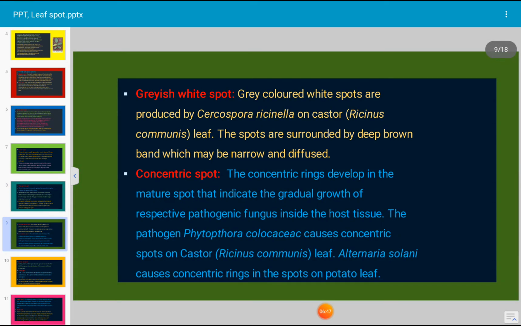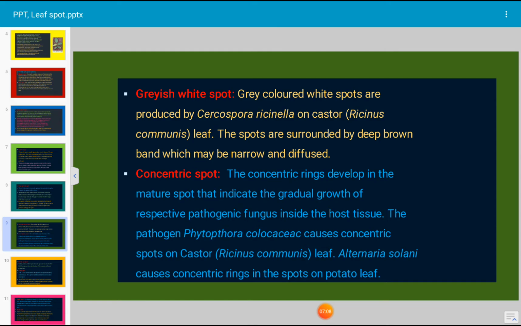Next, another type of spot is grayish white spot. Grey colored white spots are produced by Cercospora ricinella on castor leaf. The spots are surrounded by a deep brown band which may be narrow and diffused. Next, concentric spot.